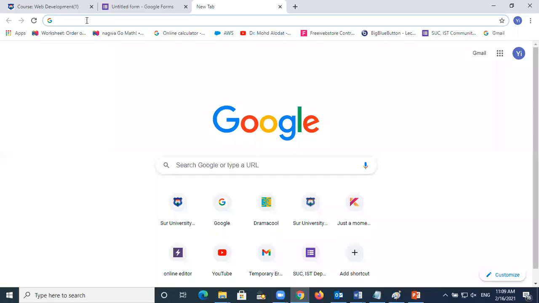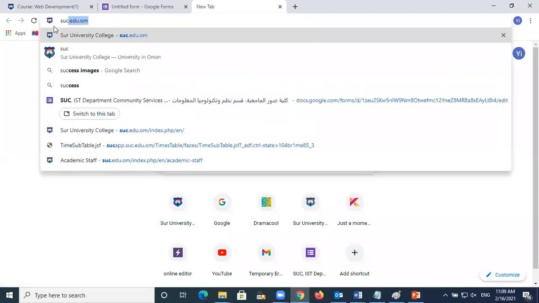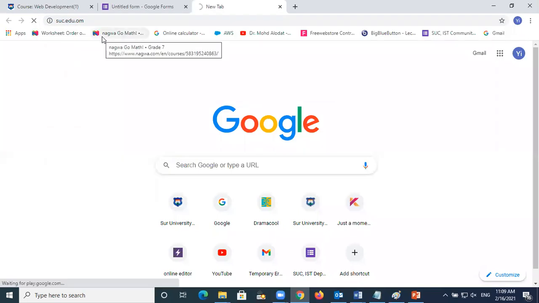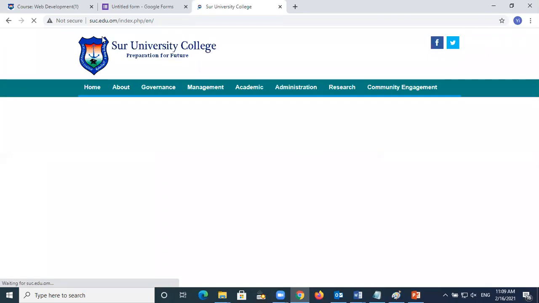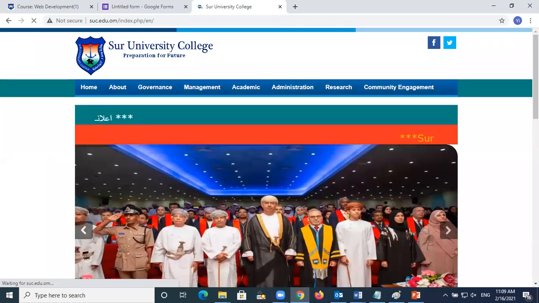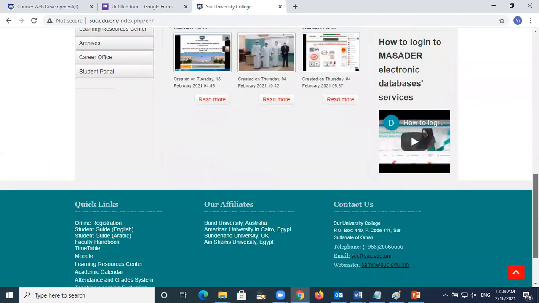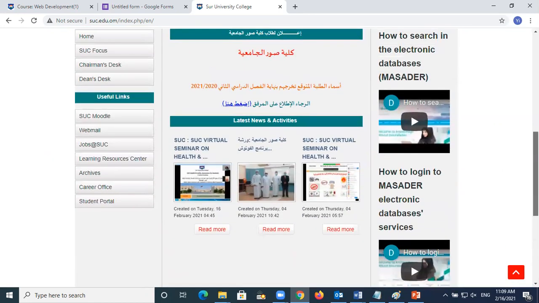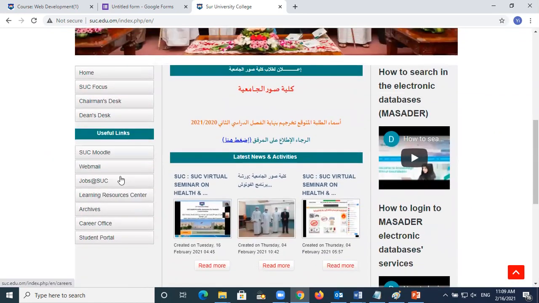Okay, this is Seoul University College. It's quite slow. So this is Seoul University College. For example, if I click here,